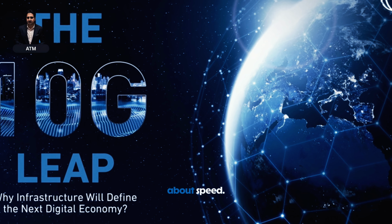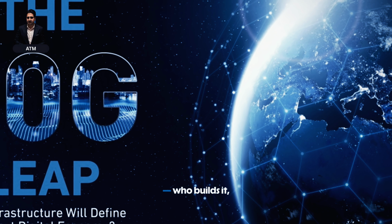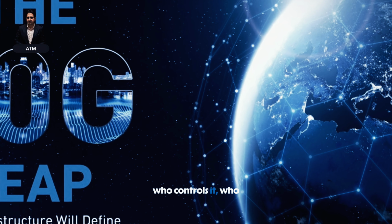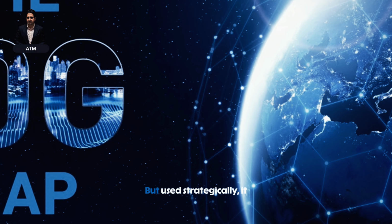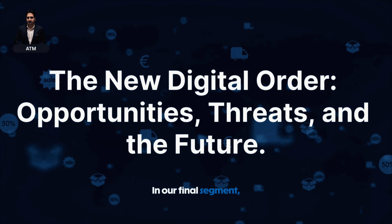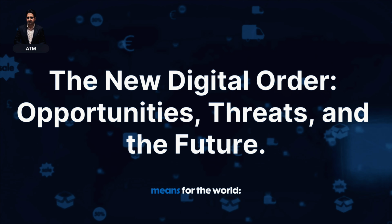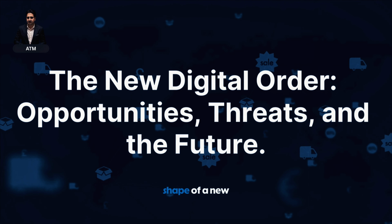This is not just about speed. It's about the architecture of our digital future. Who builds it, who controls it, who thrives on it. 10G is a tool, but used strategically, it could reshape power. In our final segment, we'll examine what this means for the world: opportunities, threats, and the shape of a new